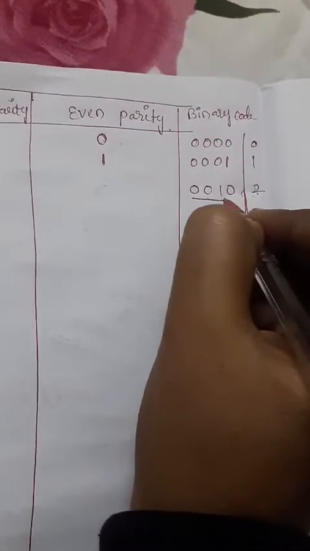How many ones are we having here? So the number of ones will be 1, but for even parity the number of ones must be even, and here it is odd, so I add one more 1 to this number, and directly we get 2 ones. Okay, so for 3, 0011, the number of ones is directly 2, that means it is even parity. For 4, 0100, this has only 1 one, so we can add 1. To make it even, this is already 1 but we need 2, so I add one more 1 for this.